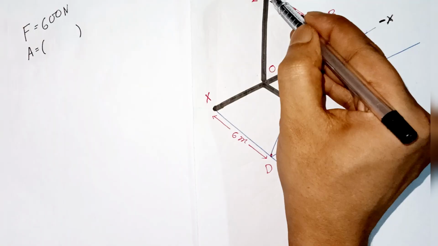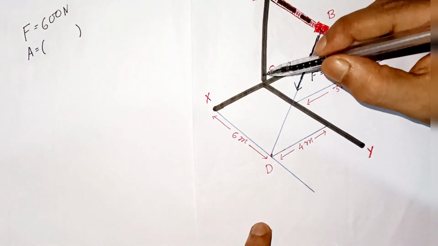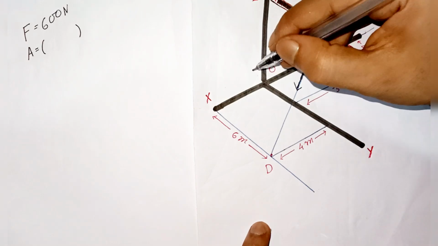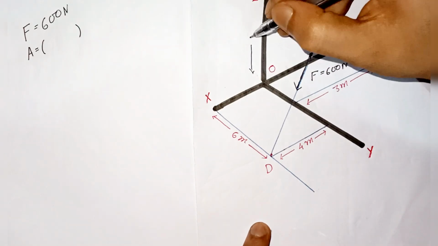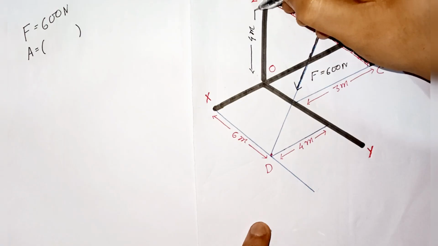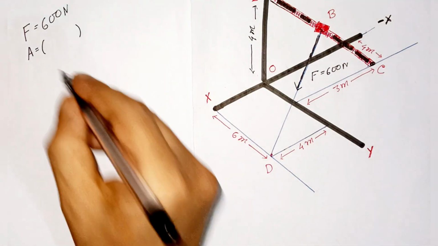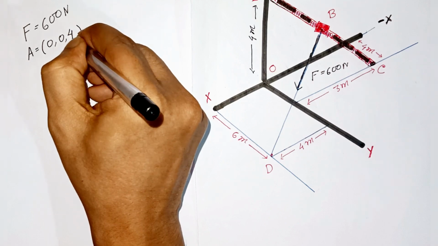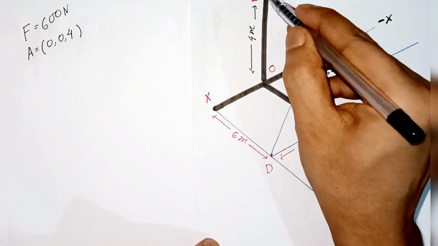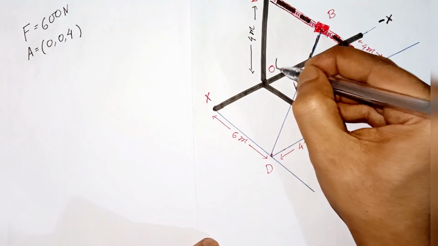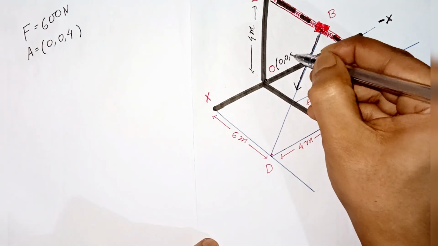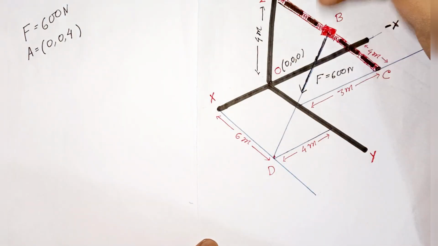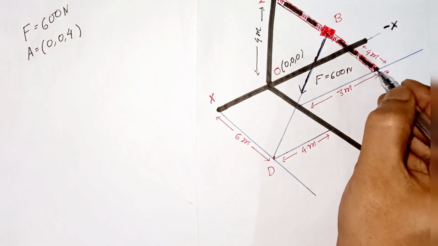Now you have to understand the position of point A. A has only height displacement, which is 4 meter. This is the height of A from the origin, upper side. The question gives this 4. There is no x displacement and no y displacement, only height 4. O is the origin and A is exactly above O. There is no left, no right, no y, only the z axis.